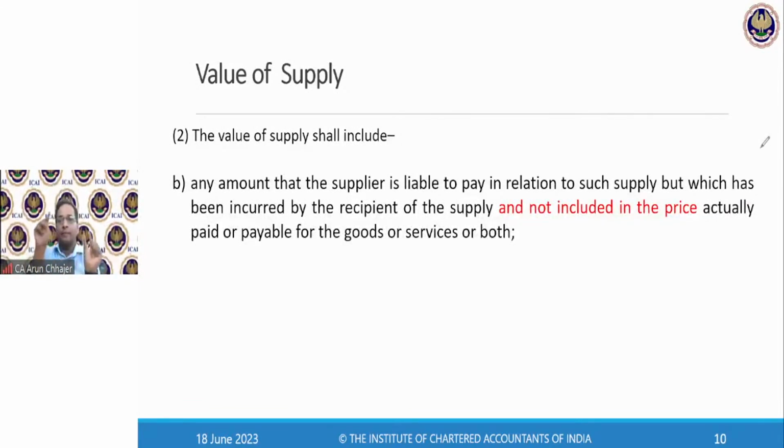So A has supplied the work contract service, in which the responsibility includes incurring the expenditure of raw material, cement, labor, etc. That is the responsibility of A. Now in this transaction, cement worth rupees 2 lakh is incurred by the recipient and has been given free of cost to A. Clause B says that you cannot reduce your price of rupees 10 lakh. So he is raising the invoice of 8 lakh. A is a supplier, XYZ is a recipient.